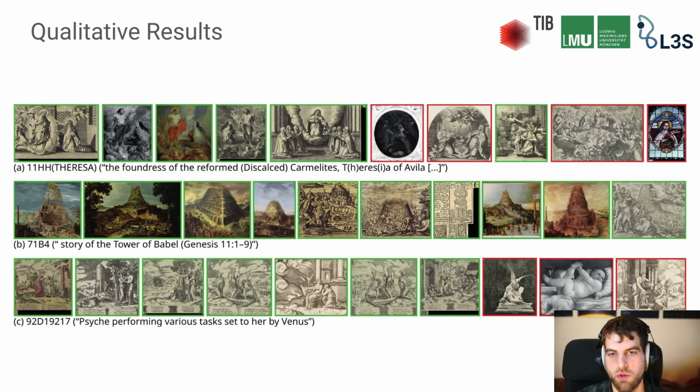When we now look at some qualitative results, here we have three example queries. We forward all the test images, and then we rank them by the probability predicted by our classifier for these three concepts. The first one is a female saint, Saint Teresa, and you see that the top 5 are correctly predicted. For the second one, Tower of Babel, everything is correctly predicted. And then we have the concept 92C19217, a very long concept, very deep in the hierarchy. And you see, for example, that the top 7